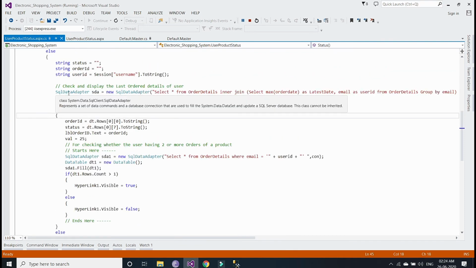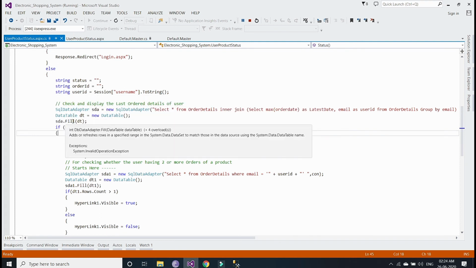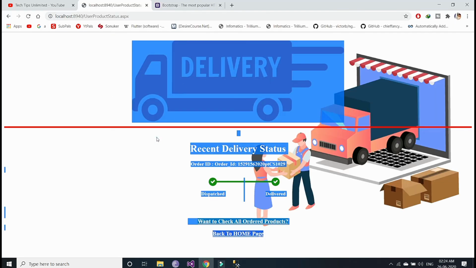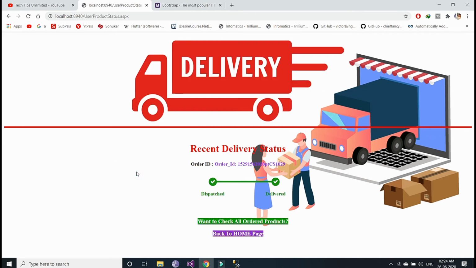now here it will check the latest or recent order which was made by the user, fetch that order, and display it on this page. The recent, that is the last order made by the user, will be fetched from the database and displayed here.